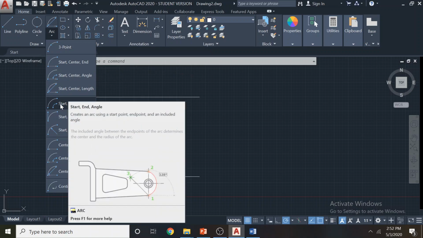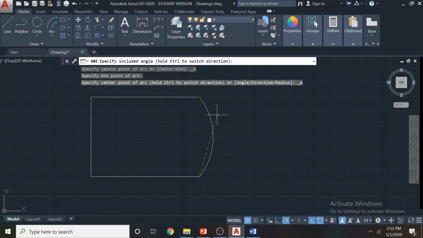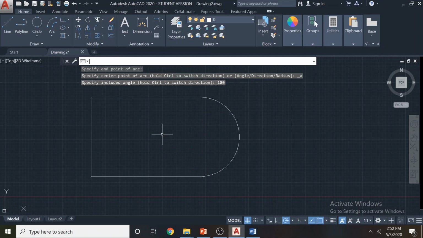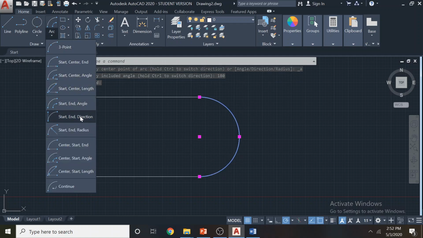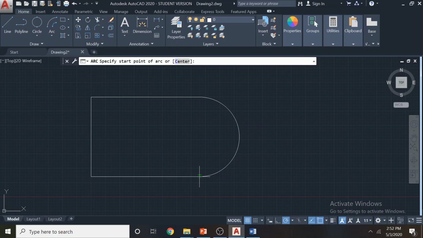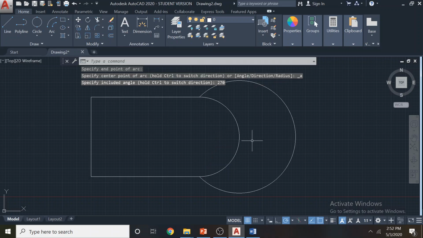Start, center, end, angle. Starting can be given, ending can be given, and now I can change the angle. If you want to get a semicircle, it's exactly 180 degrees. If you give more than 180 degrees, what will happen? Say I give 270, this is your arc.